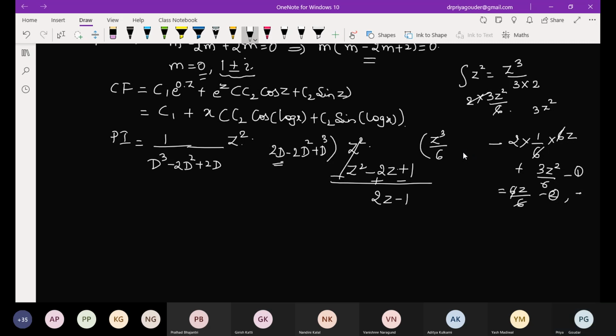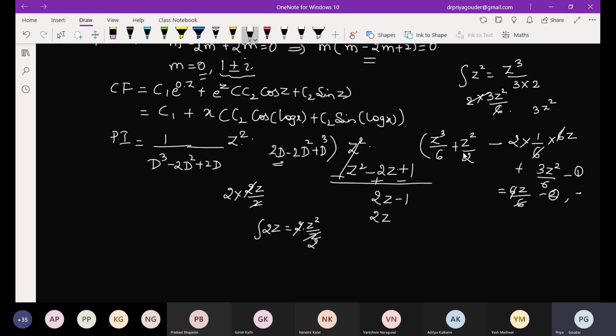Clear? Now, we want to cancel 2z. So I want a 2z here. What should I take? Integration of 2z is what? z square by 2. But you have a 2 extra, so that should be taken here. Just take z square by 2 and check. I have taken the integration of 2z over here and then divided by 2. See, 2 into the derivative of z square by 2 is 2z by 2. Isn't it 2z?